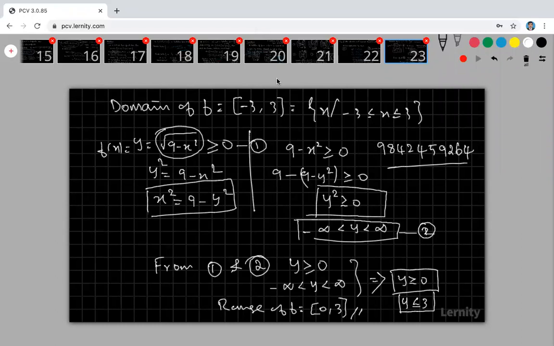Any doubt class? No doubt class, I think. Megha, don't worry. Please work out some other problems. Concentrate on simple problems first, how to find the range and how to find the domain. Then come to this type of problem and you can easily understand.